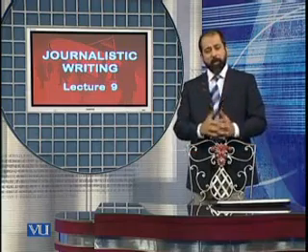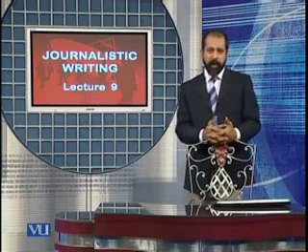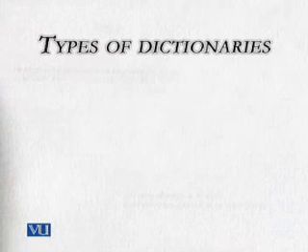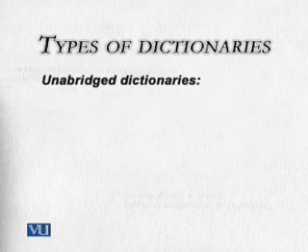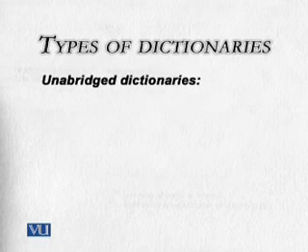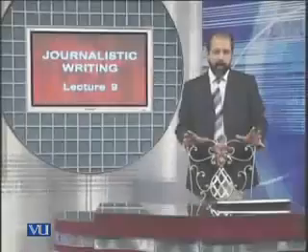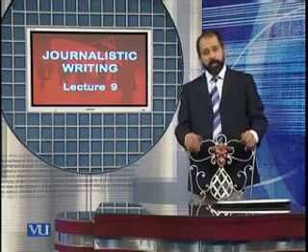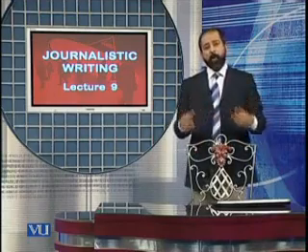If you go to the market or libraries, you can find dictionaries available in different forms, different sizes, different shapes, different colors. But we can divide all these dictionaries into two major categories. Category one is non-abridged or unabridged dictionaries, and the second one is abridged dictionaries. Unabridged dictionaries you usually find in libraries on dictionary stands. These dictionaries are in large volumes, not just 1, 2 or 3; 20, 22, 18, 12, 4 volumes are available.